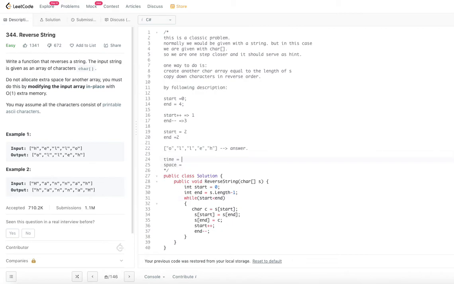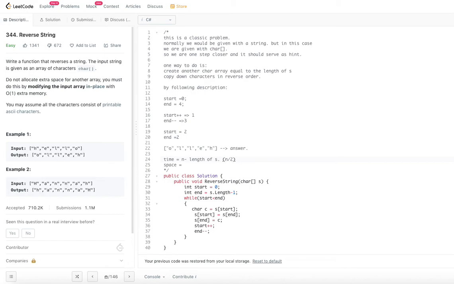So time complexity, how many times did we say we are going to go through this while loop? It's n by 2, where n is the length of s, right? We are incrementing start and decrementing end, so we are doing a 2-step process, right? So essentially the complexity is order of n by 2.